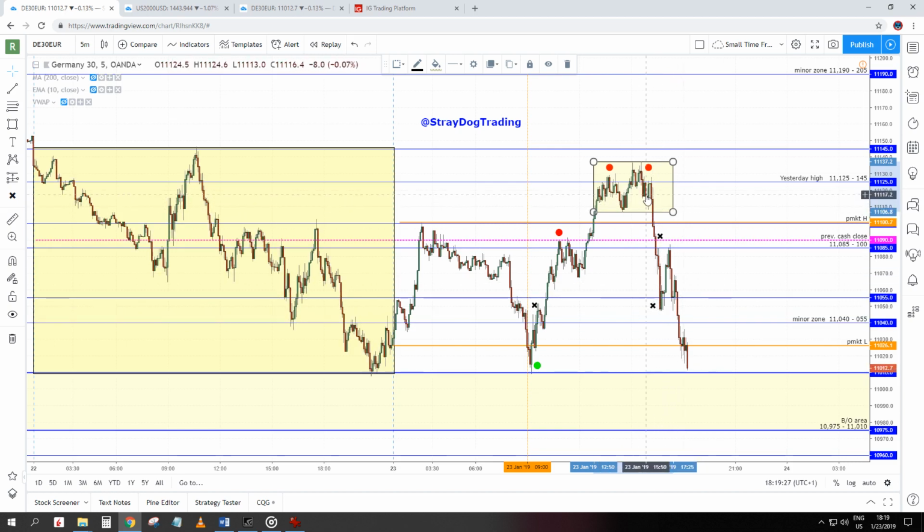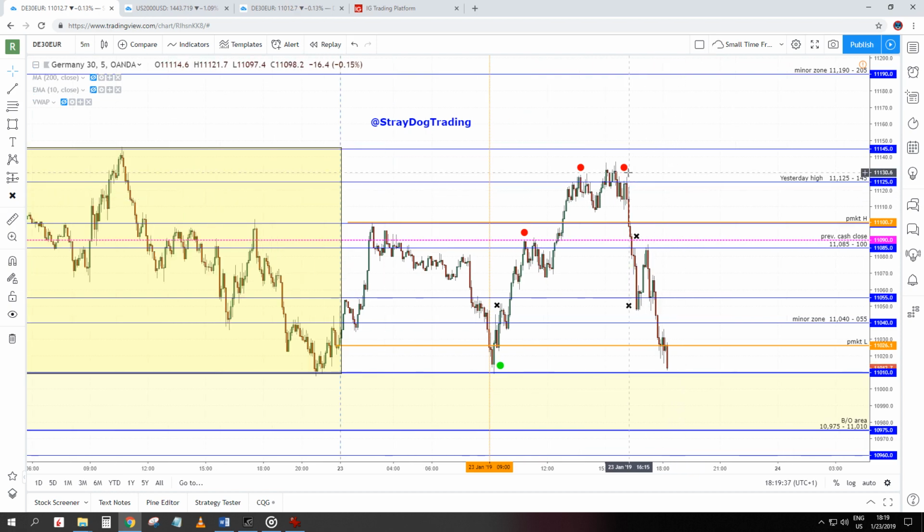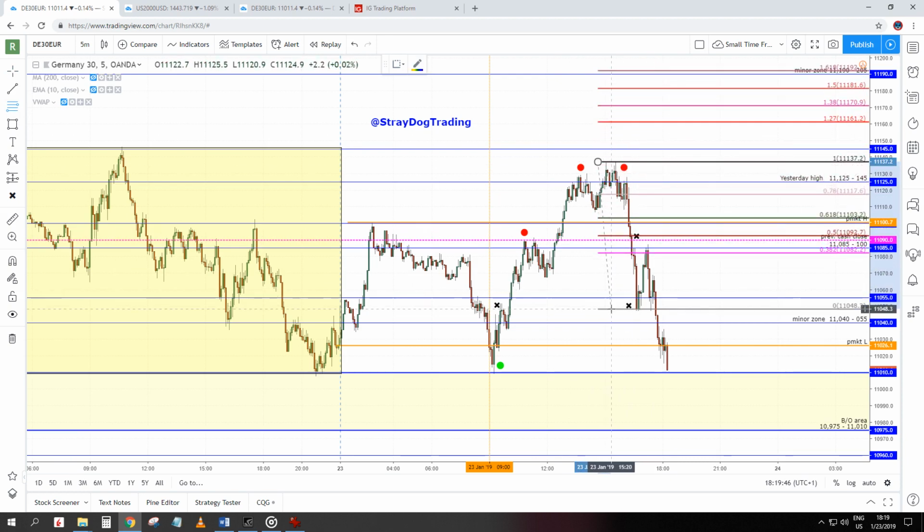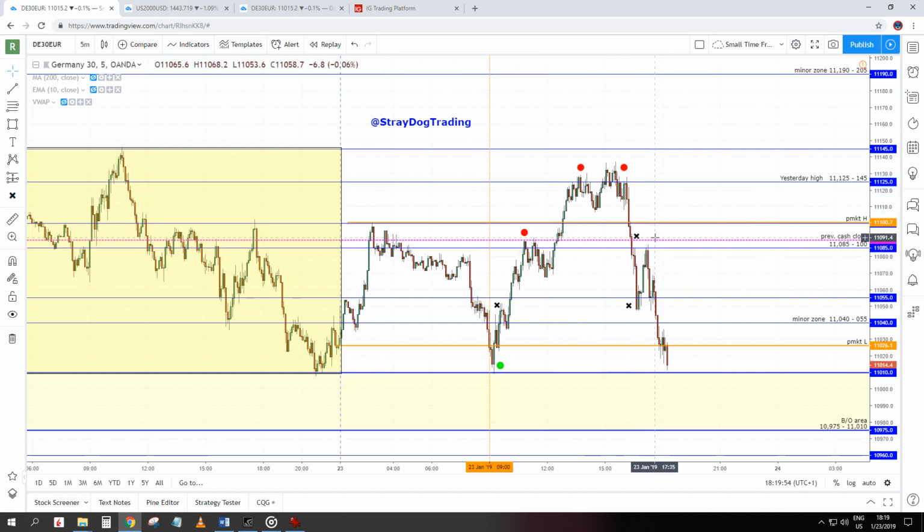And when you have this kind of move, there is the way to go on the continuation type trade, which in my opinion are the easiest trades of all, where you have a good push through the zone, through the reference points, and pull back to it. And additionally, you can use Fib to observe this. It correlates with the 38.2 Fibonacci retracement. You have zone, Fib, and test of the cash close. And this is an additional